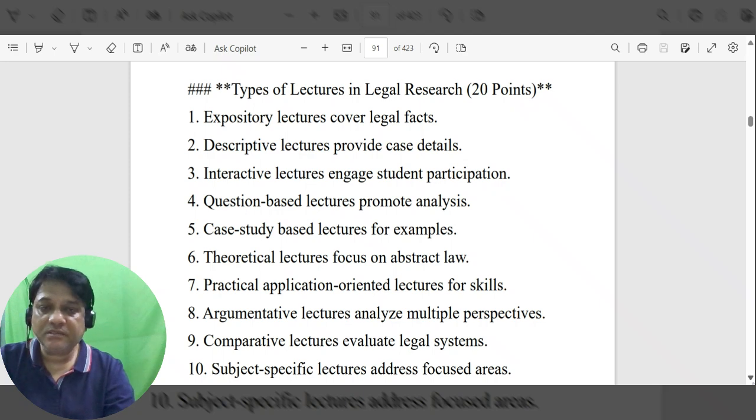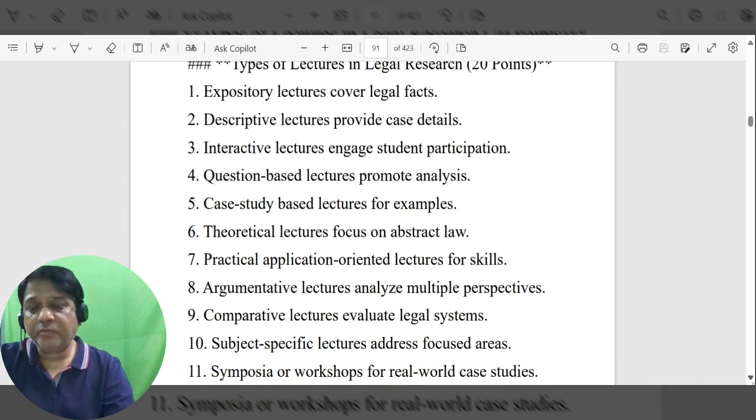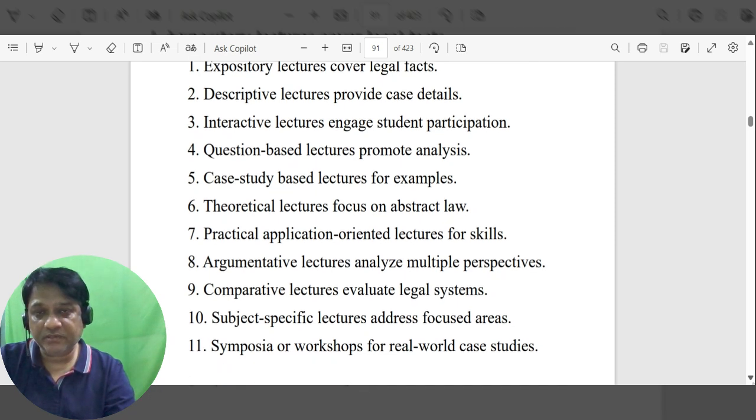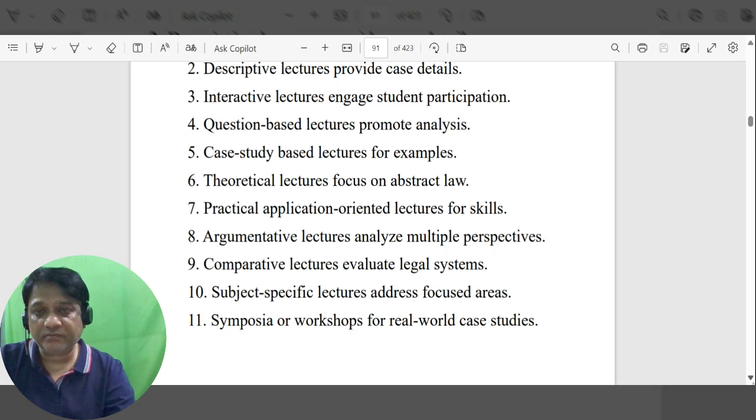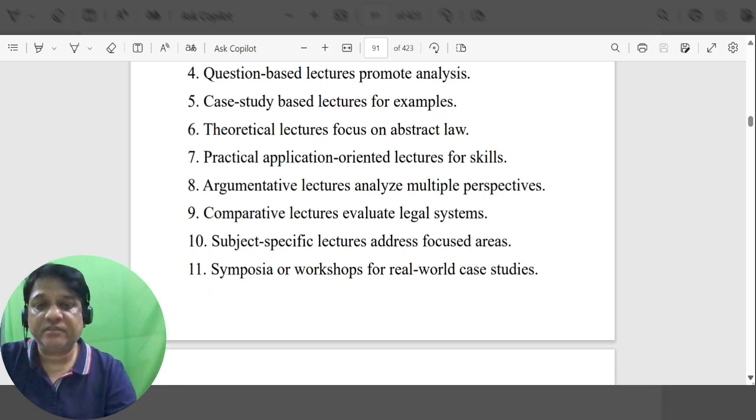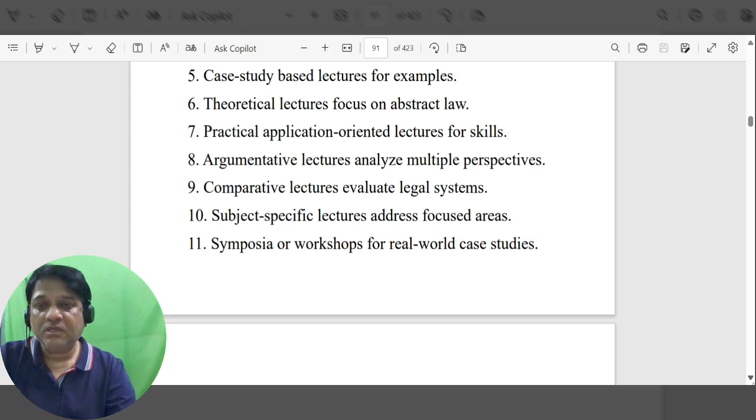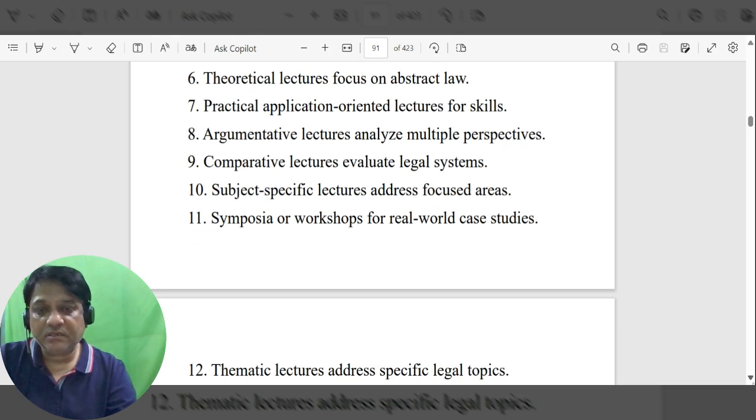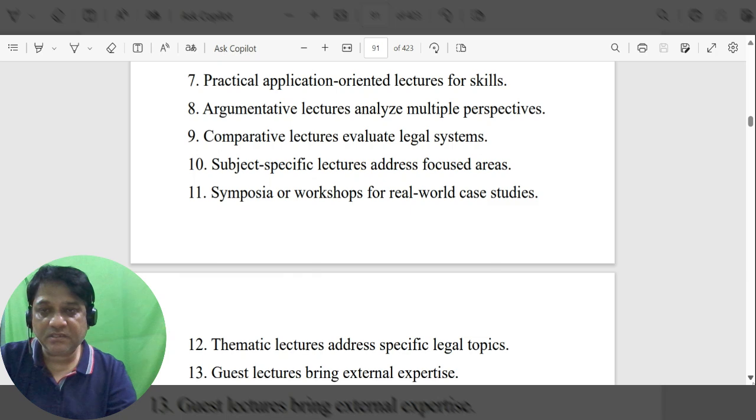Types of lectures. Expository lectures cover legal facts, descriptive lectures provide case details, interactive lectures engage student participation, question based lectures promote analysis, case study based lectures for examples, theoretical lectures focus on abstract law, practical application oriented lectures for skills, augmentative lectures